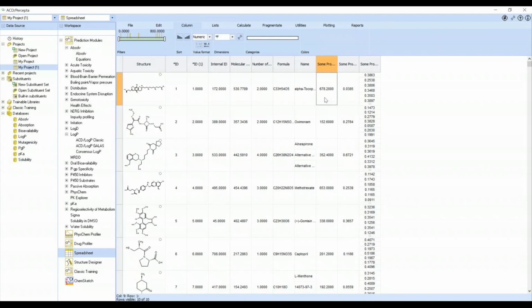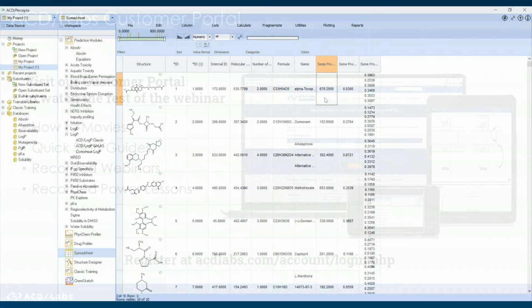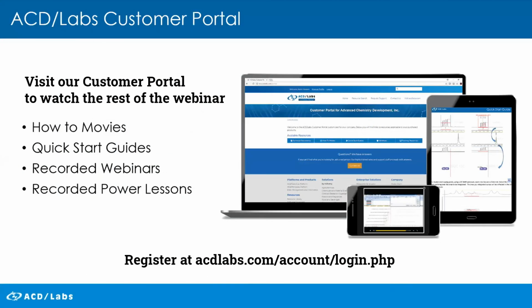Now that I've switched to this particular example file, I want to jump to the next topic in our agenda, multi-cell, multi-value cell processing. So as you will notice,